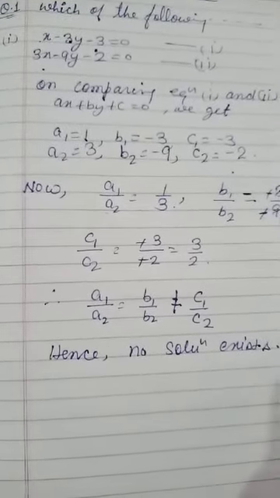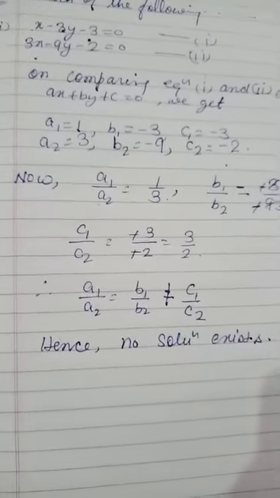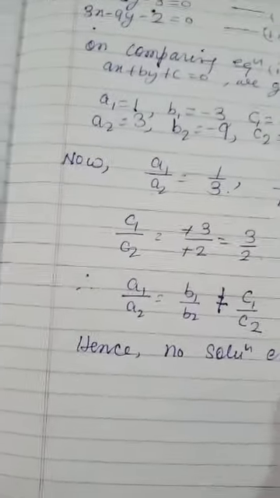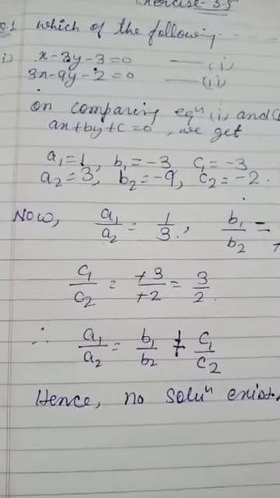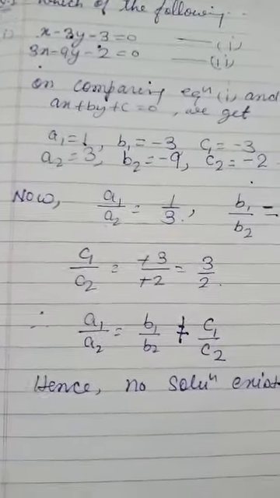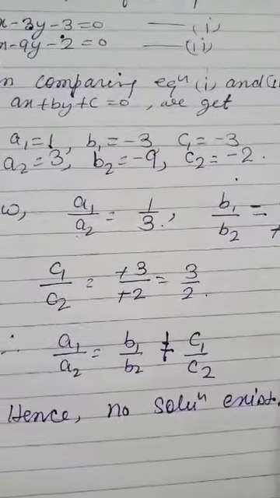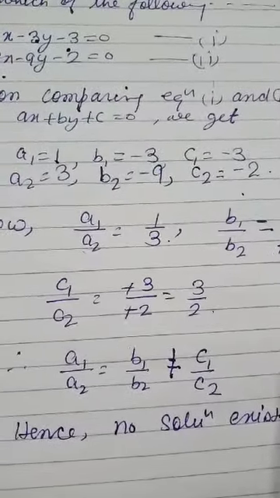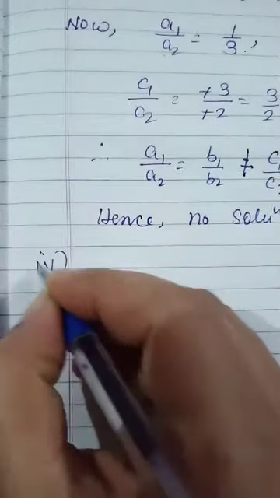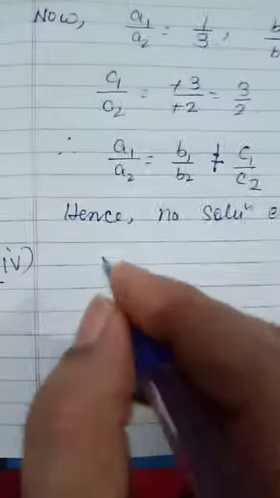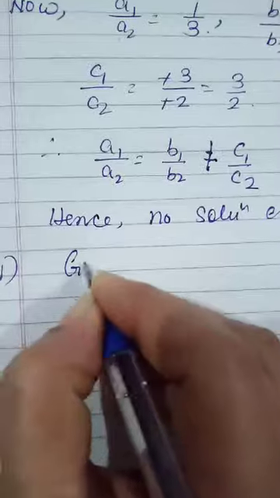Okay. Now I am taking that part where solution exists. So I am going to take third part, or where we have to use unique solutions. So I am leaving second and third. I am taking fourth part. In fourth part, equations are given